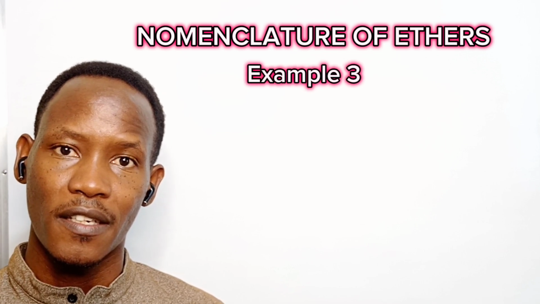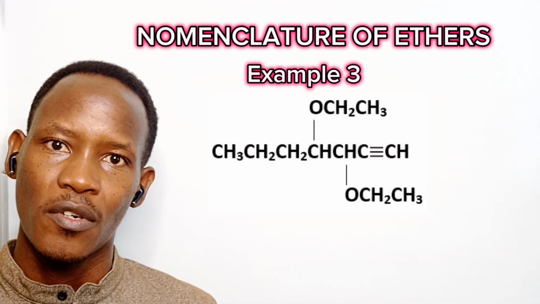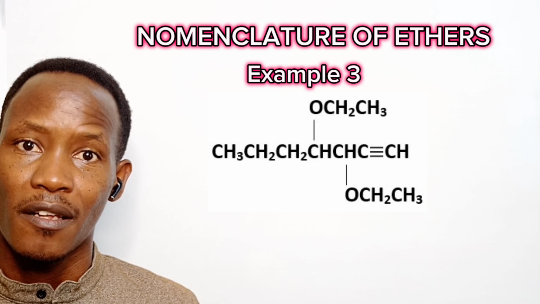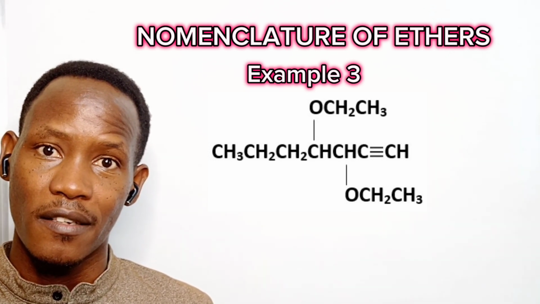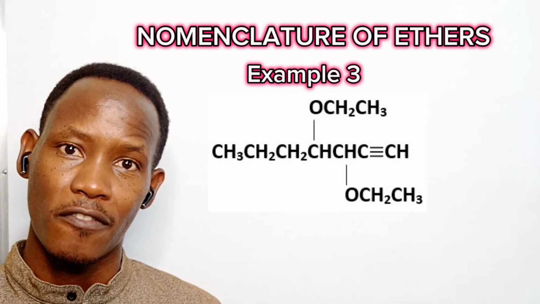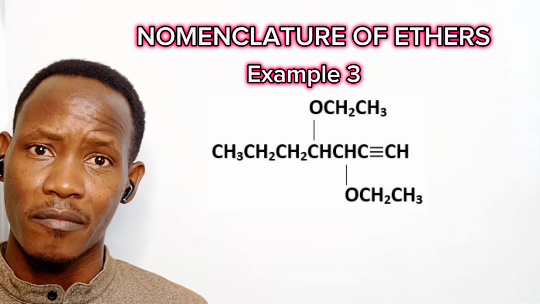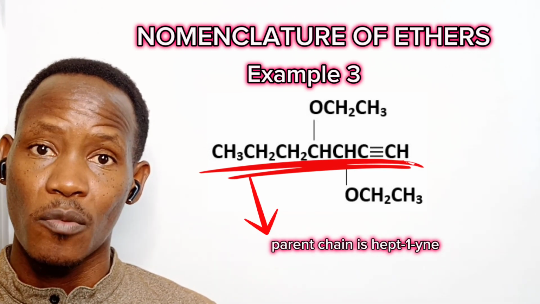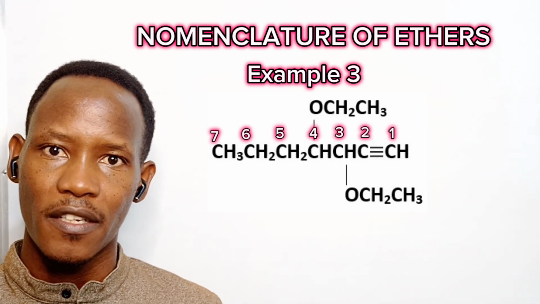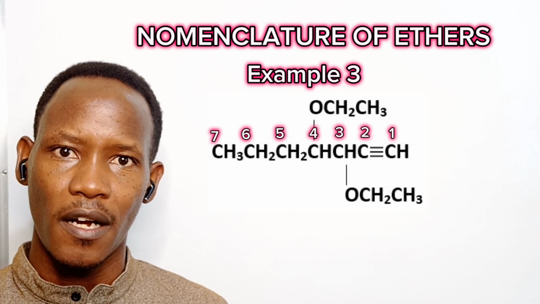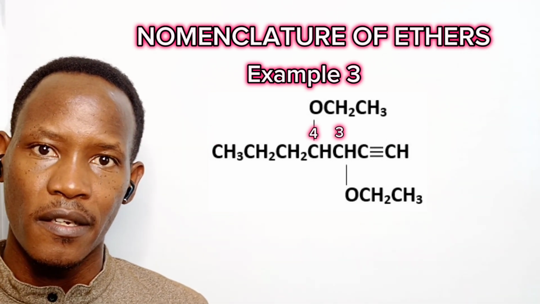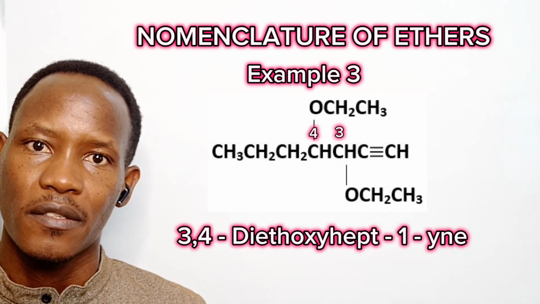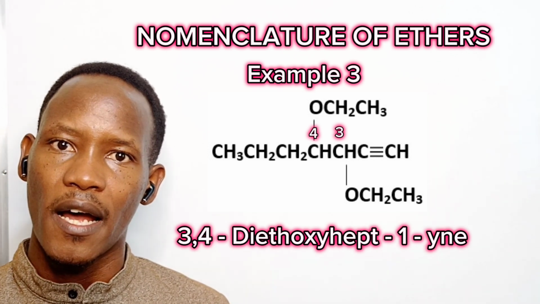Our final example to illustrate the second guideline is that we do have two methoxy groups that have been attached to our carbon-carbon chain there. But notice that the carbon-carbon chain has a carbon-carbon triple bond. That is another functional group. And therefore, the parent chain must be the one that contains that carbon-to-carbon triple bond. So by assigning numbers to the parent chain, we identify that the two methoxy groups are on carbon number 3 and carbon number 4. Therefore, the name of the compound is going to be 3,4-dimethoxy